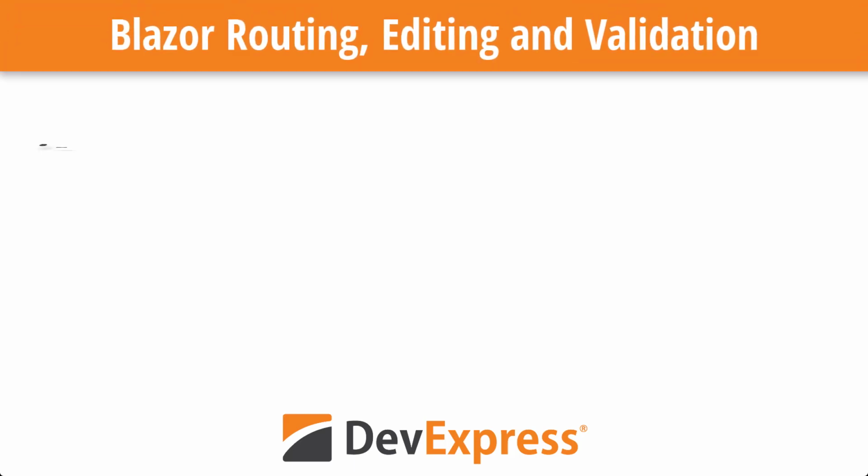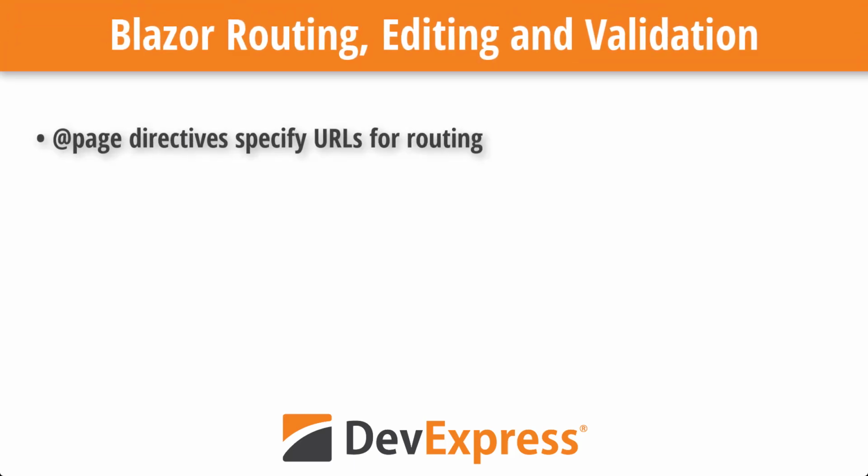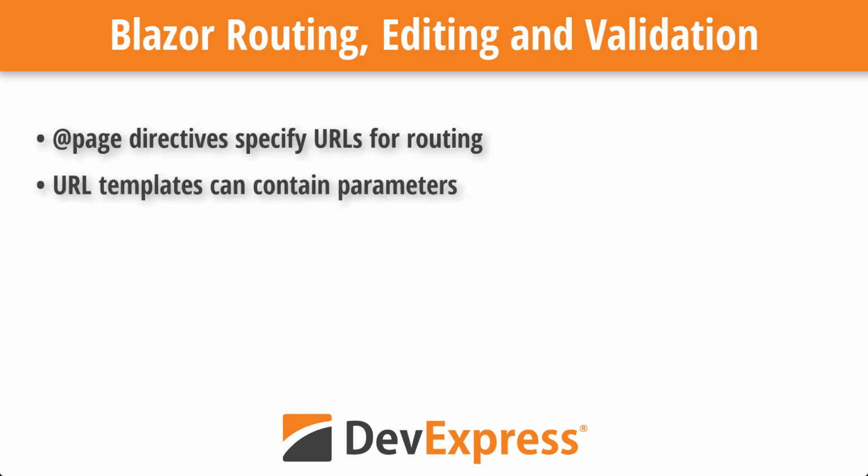Blazor routing is handled automatically by the router component. Developers can place @page directives in component files to specify URLs relative to the site route. URL parameters are also supported where parts are extracted from the URL template and passed to parameter properties of the Blazor component. In the upcoming demo, the routing mechanisms will be used to navigate between a data list view and